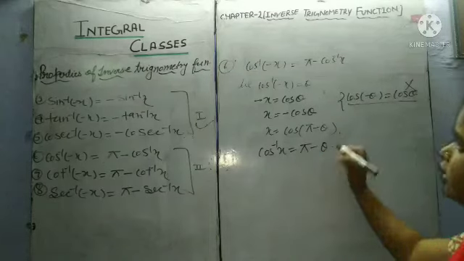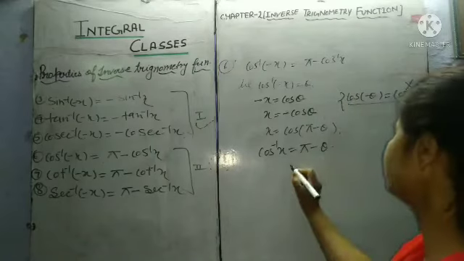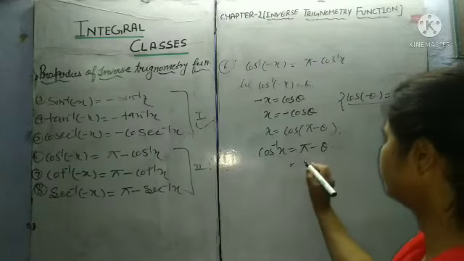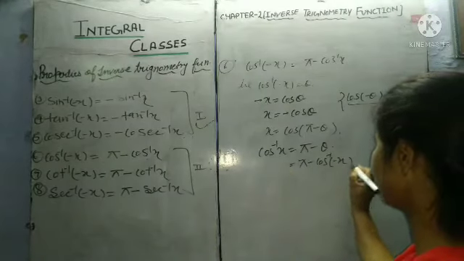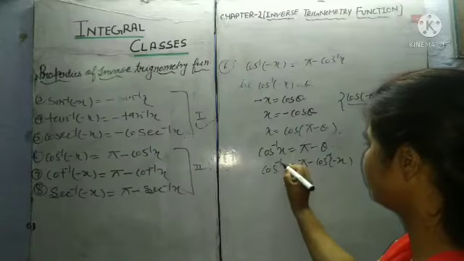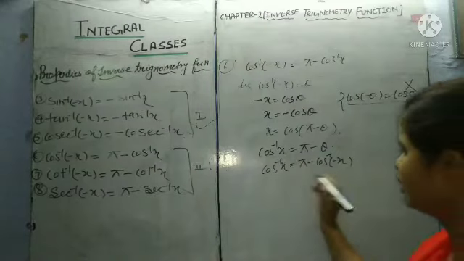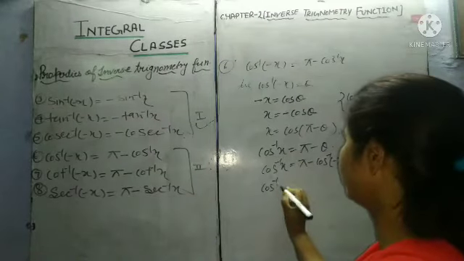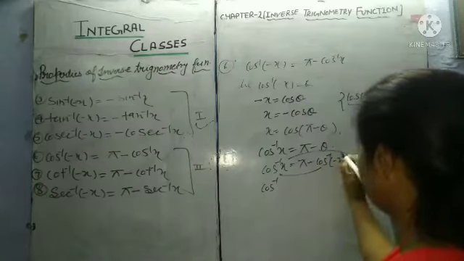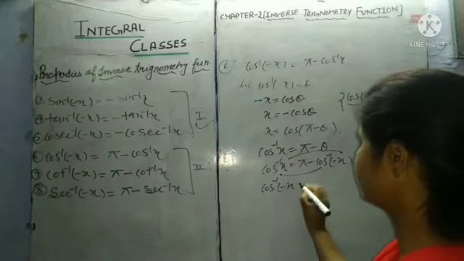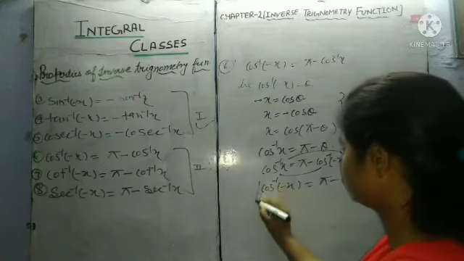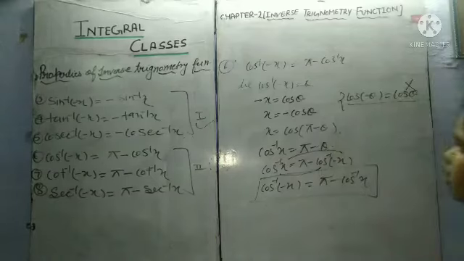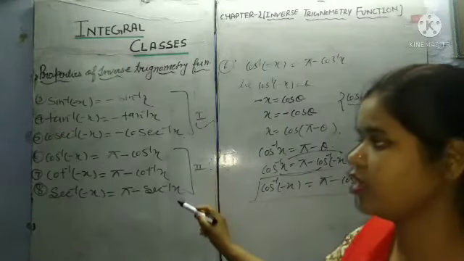Now put the value of theta. Theta equals what? Cos inverse minus x. So pi minus cos inverse minus x is equal to cos inverse x. Now it goes to the other side, then we will interchange them like this: cos inverse minus x is equal to pi minus cos inverse x. So students, this property we had to prove, and similarly we can also prove properties 7 and 8.